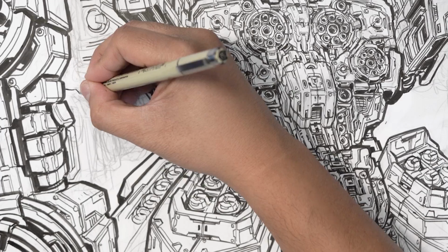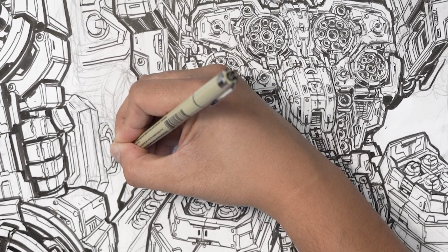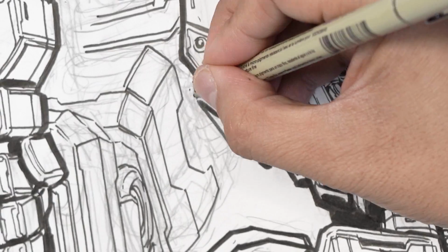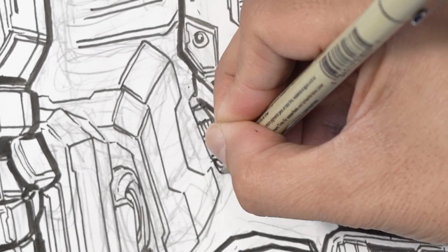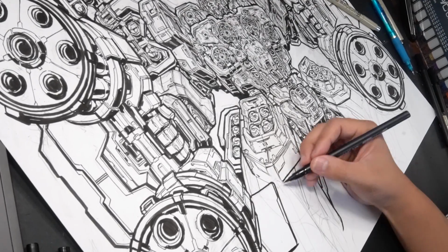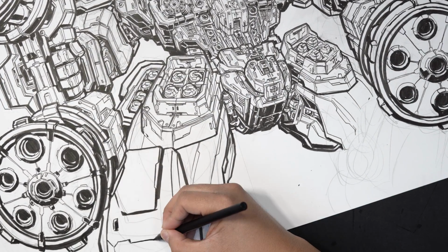I saved the arms and the hands for last because I knew they would be overlapped by the giant gun barrels in the front. I don't have to get too detailed in here. There's already so much going on in this drawing. Again, if I take a step back and I squint my eyes, does it still feel like heavy arms would be in the enemy? I will draw the upper knee because I do like the detail I see in the